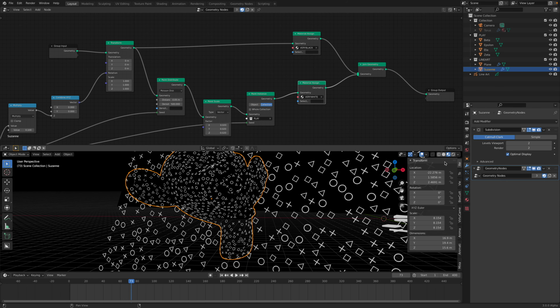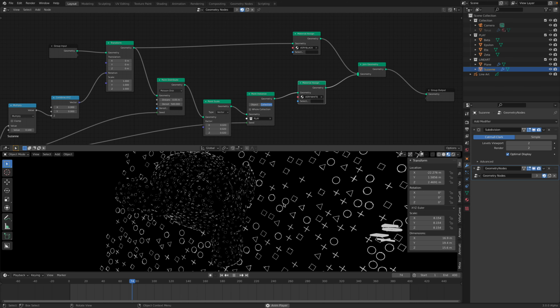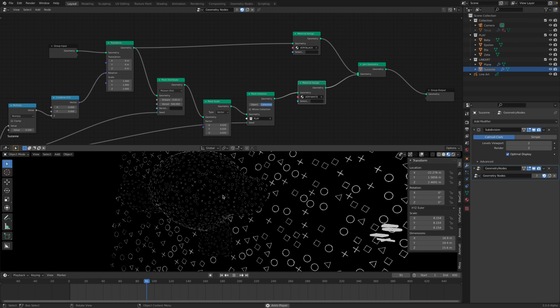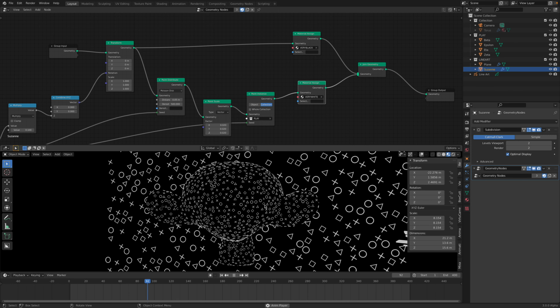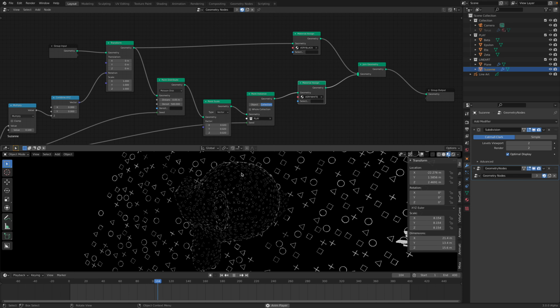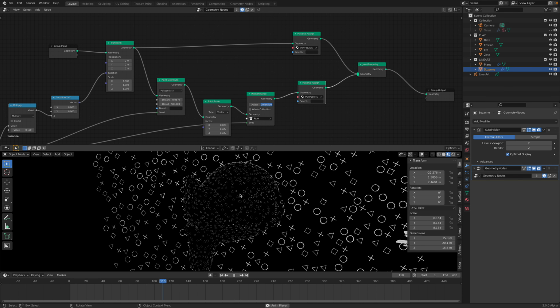So if we have a super dark background and we have these things happening, it's kind of like an illusion. We can see 3D because of course all these symbols are on top of 3D objects,